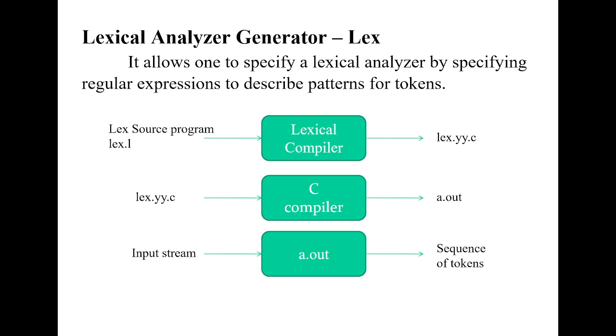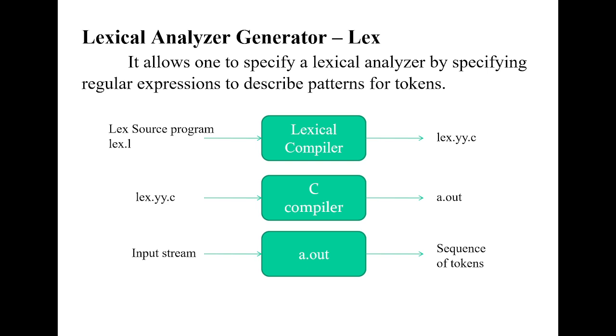So, it is lex.l, right? The output is lex.yy.c. Now, this is given as input to the C compiler and we will get the object file a.out. Now, to this a.out, the input stream will be given as the input and it will identify the